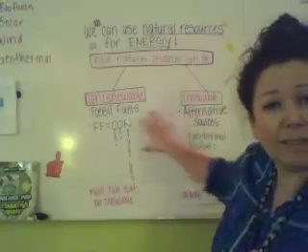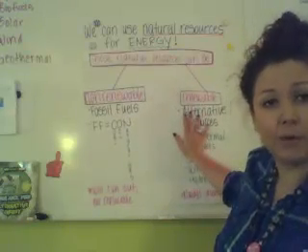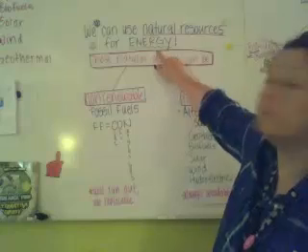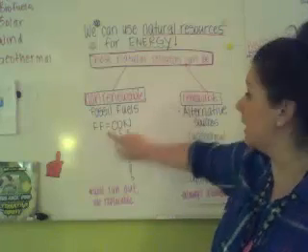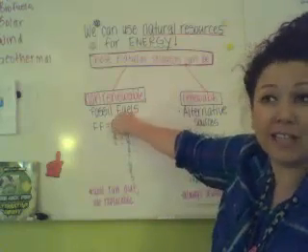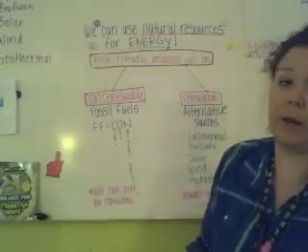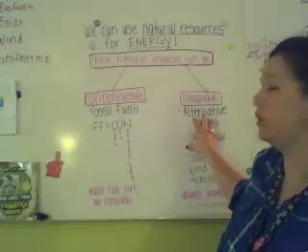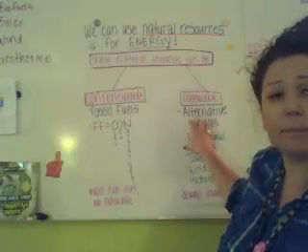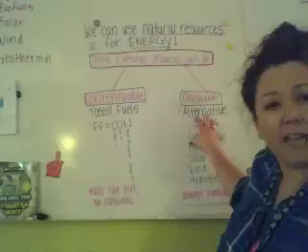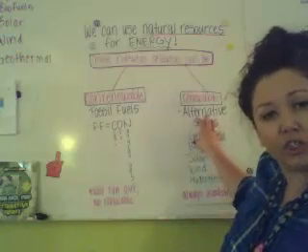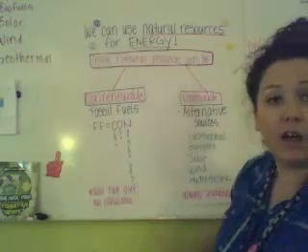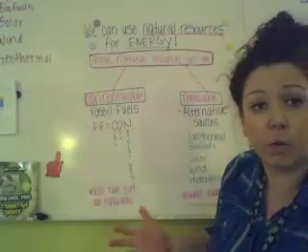But the thing that they both have in common, okay, is that we use them for energy. I can use fossil fuels for energy. That's where most of our world gets their energy from right now. It's from fossil fuels. It's a very small percentage. Remember we looked at that pie chart, and only about 8 to 10% of the world actually uses alternative energy as our main source of energy in our world, okay?